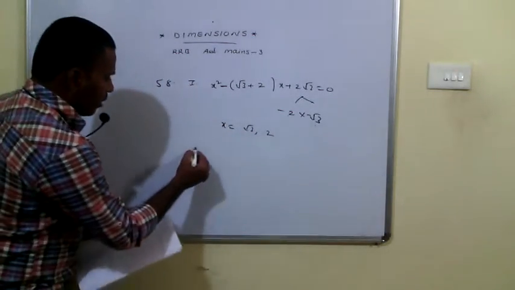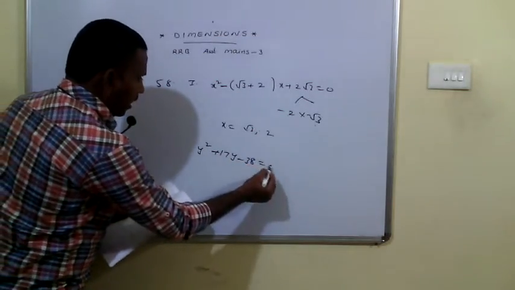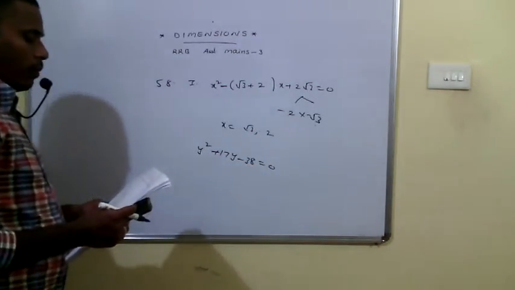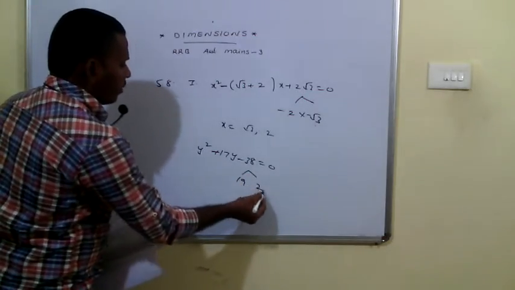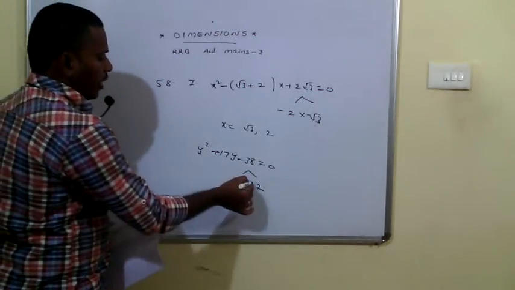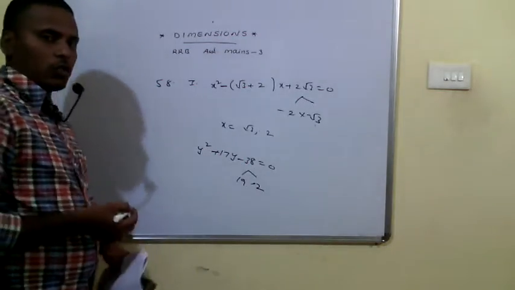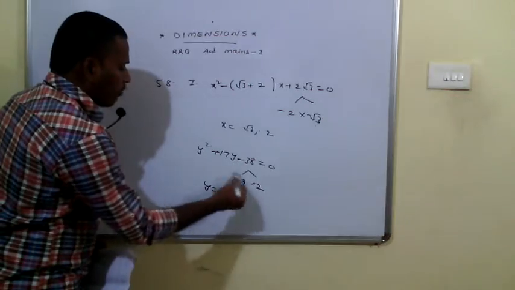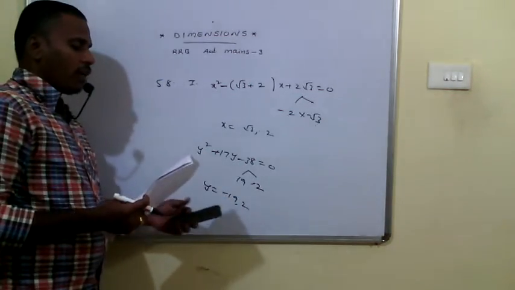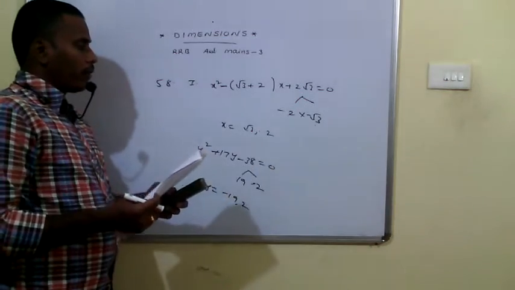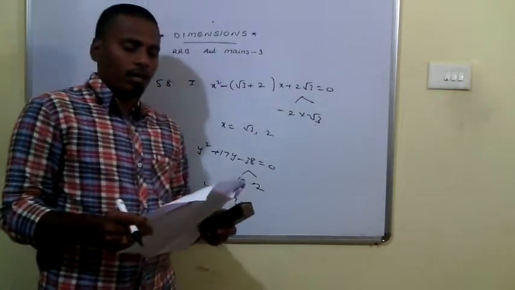Whereas coming to the second statement, it is given that y square plus 17y minus 38 is equal to 0. 19 twos are 38. We need plus 17, so take it as minus 2. 19 into minus 2 is minus 38, whereas 19 minus 2 is 17. From this, the values of y are, change the symbols, minus 19 comma 2. And that is minus 2 comma root 3. On comparing this, you will get that x greater than or equal to y is your answer.